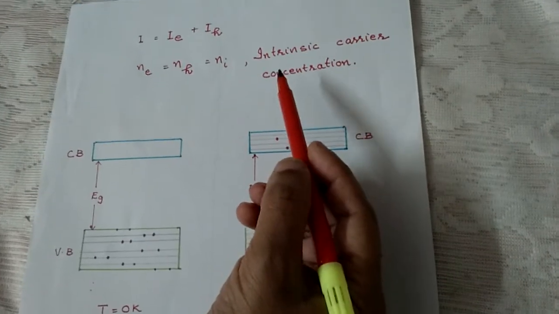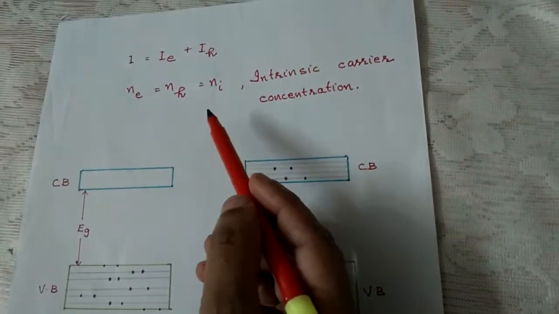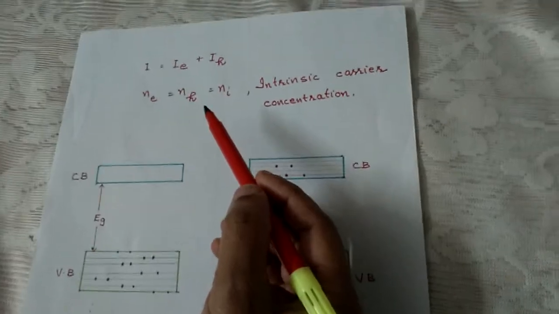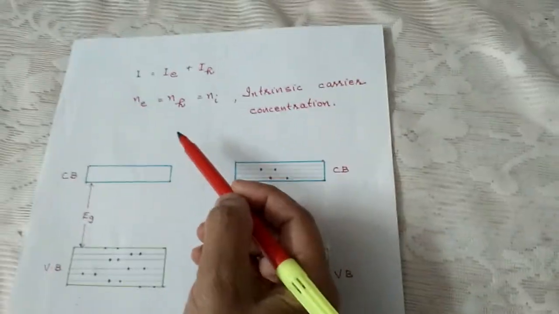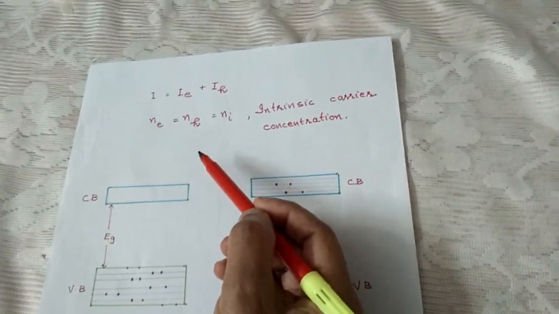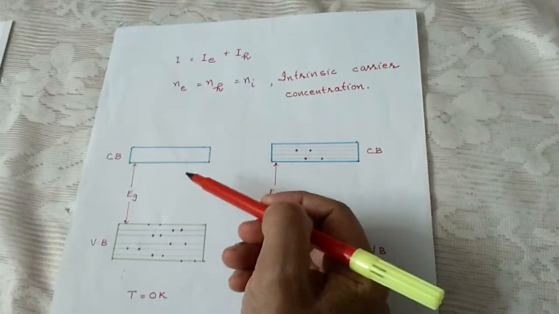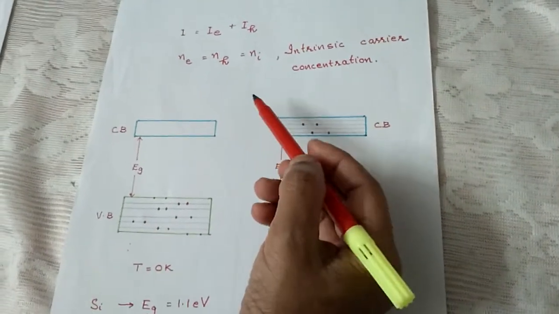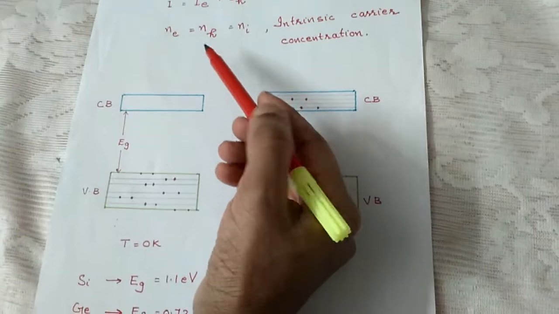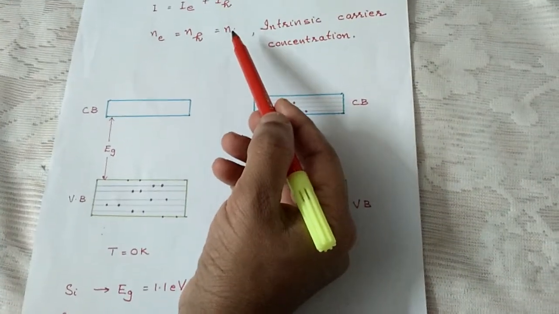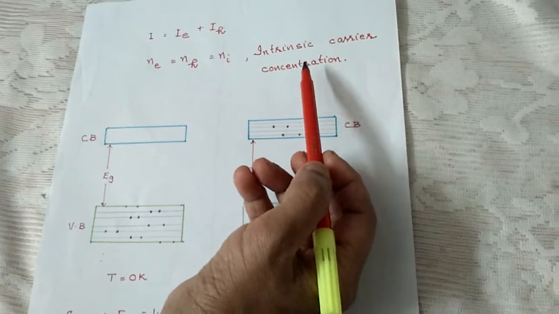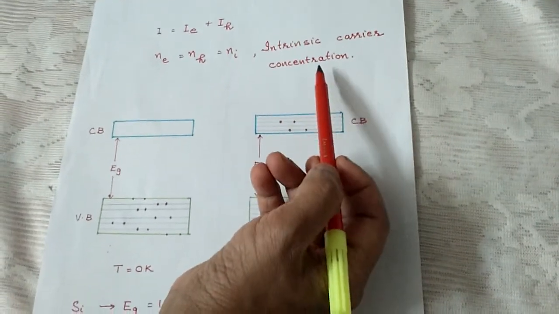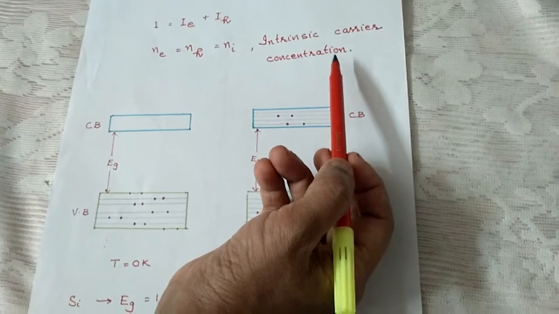As the electrons move within the lattice, the free electron may collide with a hole, and then there is a possibility of recombination also. That is, an excited electron may come to the ground state. But at equilibrium, the rate of generation is equal to the rate of recombination. So the number density remains constant at a particular temperature. And that number density is the intrinsic carrier concentration.